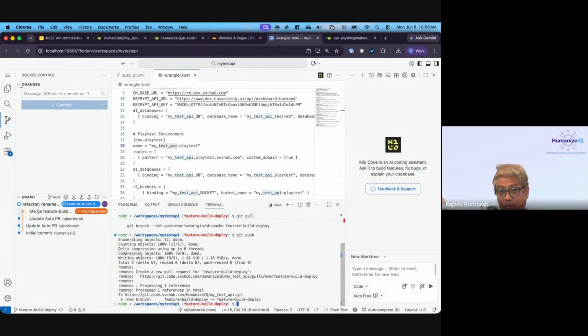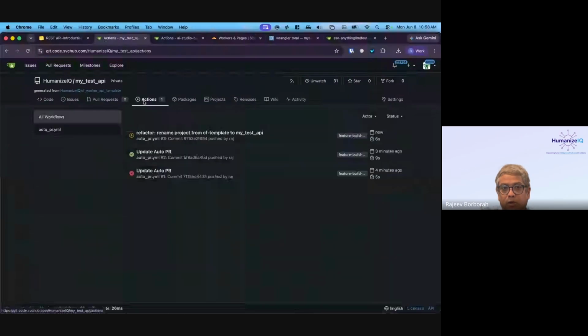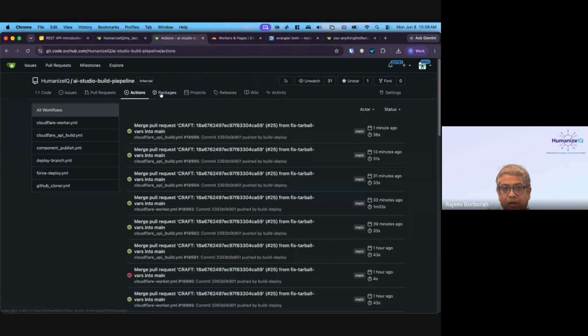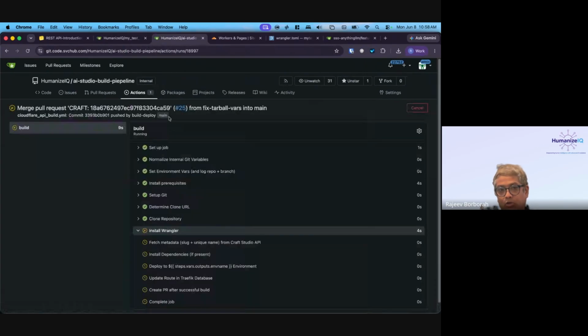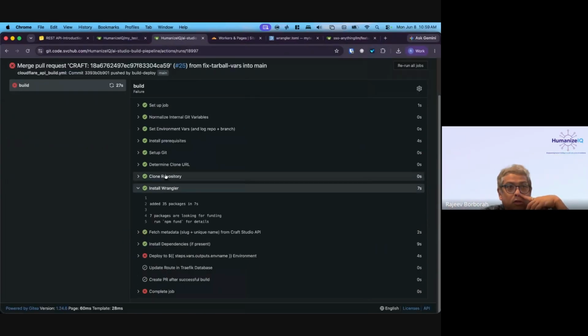If I just do a git push from here, because I know the git commands, it will actually push, recreate the branch again, and it will trigger the build again on this branch, which it is doing. And once that is done, yeah, it is done. So then it will trigger the branch here, it will trigger the build here, right? So pipeline. So it's fun. If you know all the steps, you can go and check whether things are happening or not happening. That gives you extreme visibility into the whole process. When you are using these vibe coding tools, all of this stuff is happening, but you don't know how it's happening. So as an engineer, you need to know how it is happening, and that's an important part of the process. So now it failed.